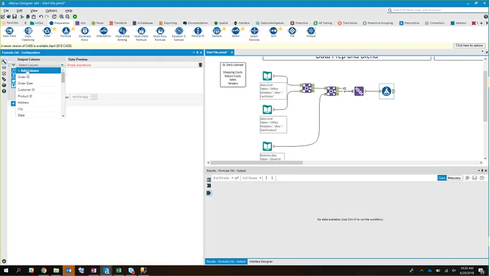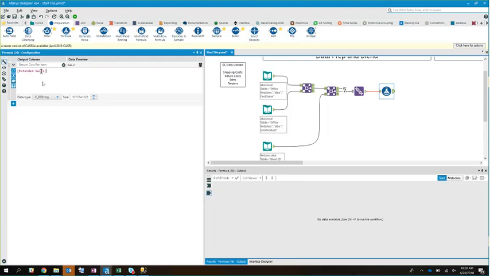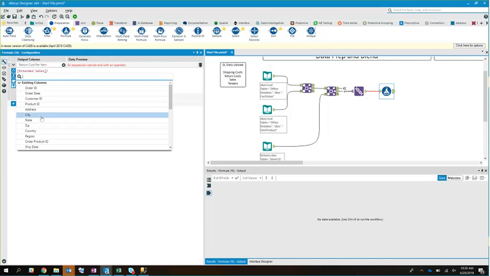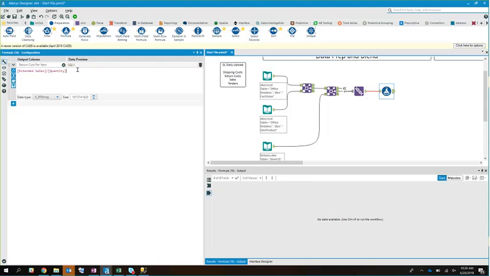So I can, in this top piece, say add column and say return cost per item is this new column I want to create. And what I get to do with this tool is I can select from some of the existing columns that exist in my data set. So in this case, I'm going to go down to extended sales. This just means the sales plus the tax amount. And I'm going to divide that by the quantity of items that the customer purchased. So I'm going to go ahead and find quantity. And it gives me a quick little preview in this window, which is super nice because then I can see